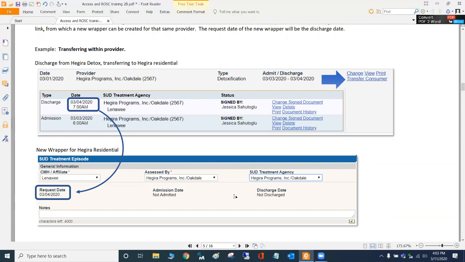Yes. I don't want to open a humongous can of worms here because I don't know if our administrators have made this choice yet, but if you are doing more than one service and the first one isn't detox, you could actually admit them to one level of care and discharge them from the other, according to BHTED's rules, and you don't actually have to do a separate transfer. The only reason we discharge and readmit after detox is so that for indicator 4B, we can get the discharge. Right. Okay. Any other questions?